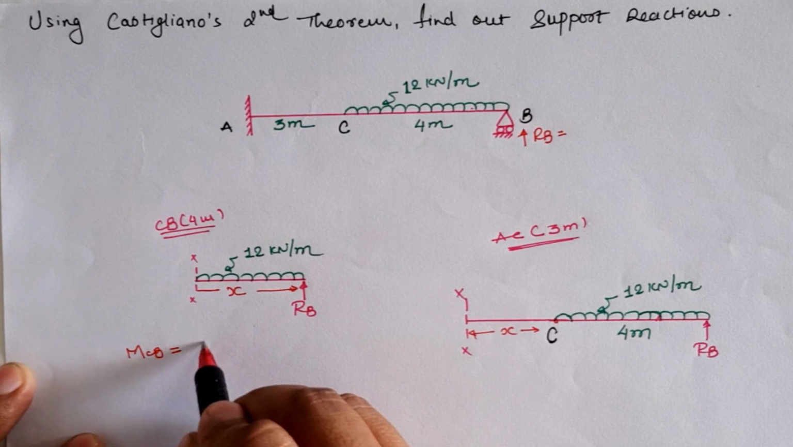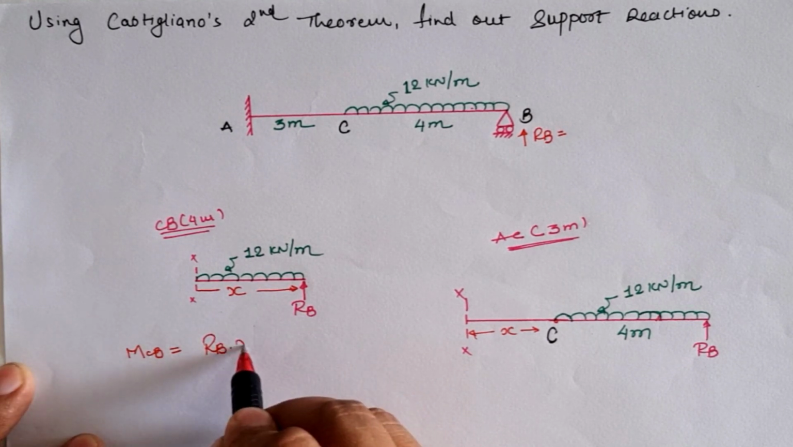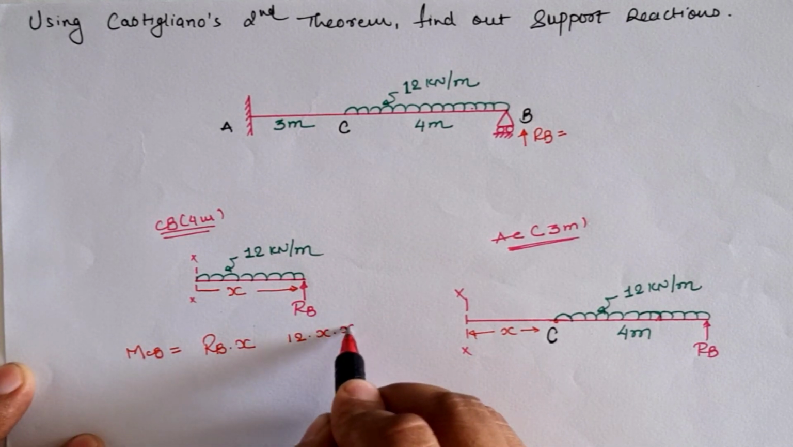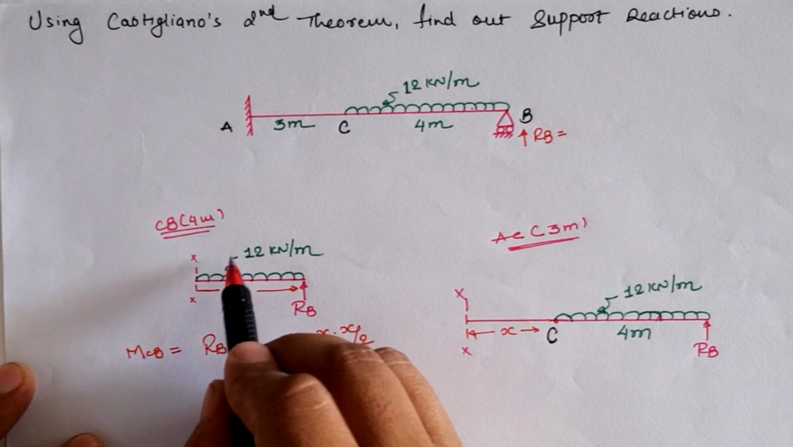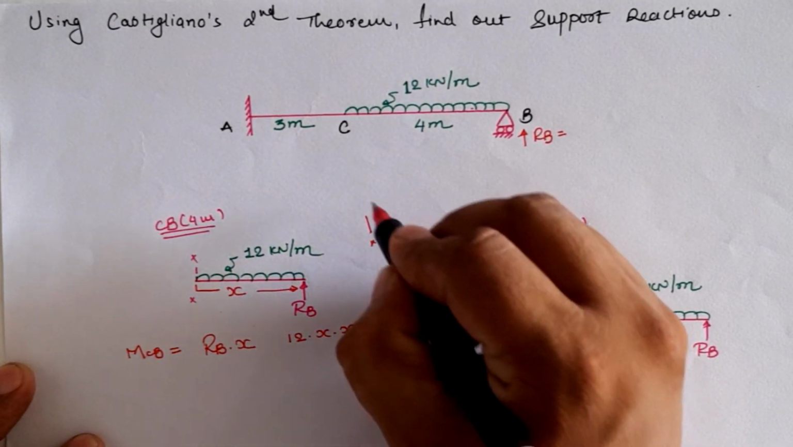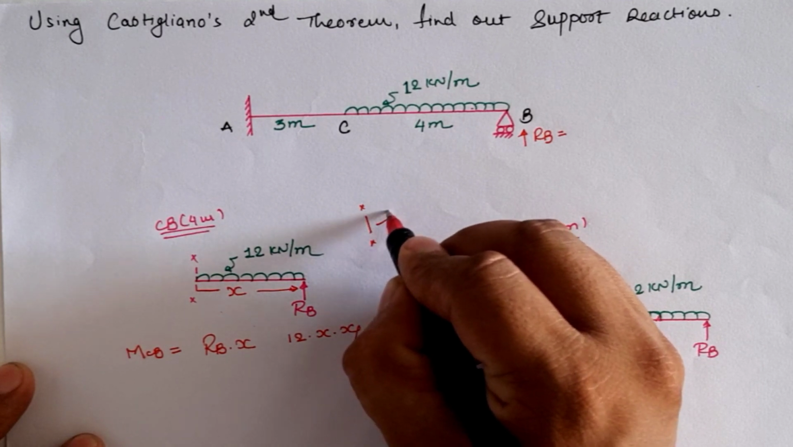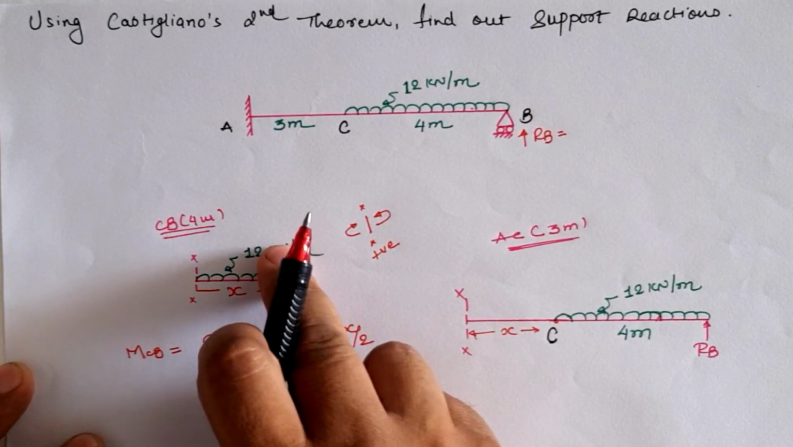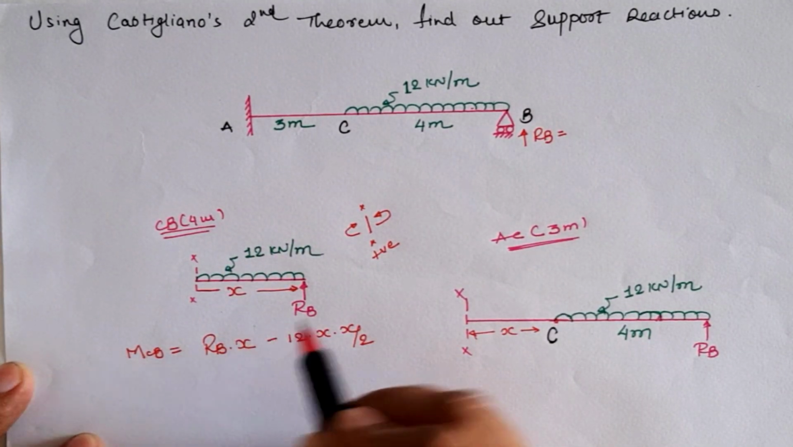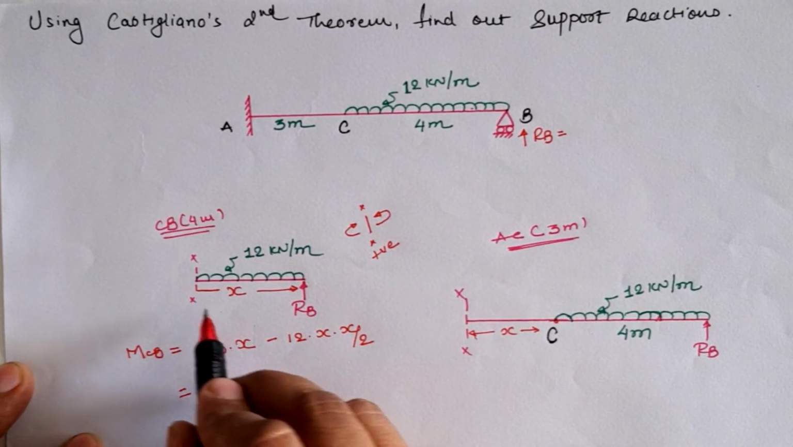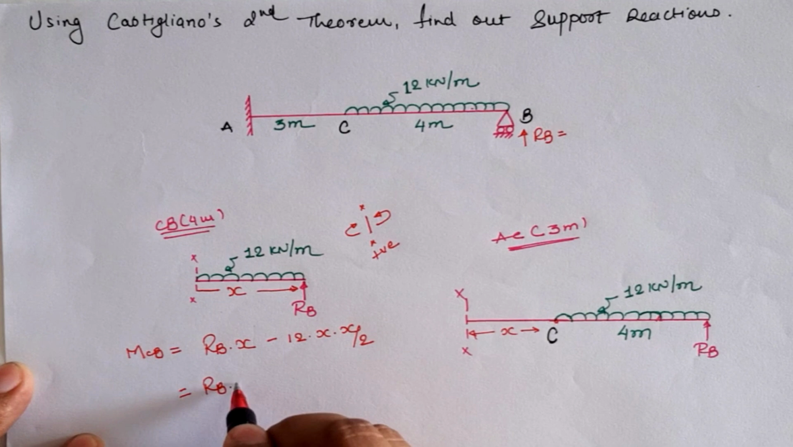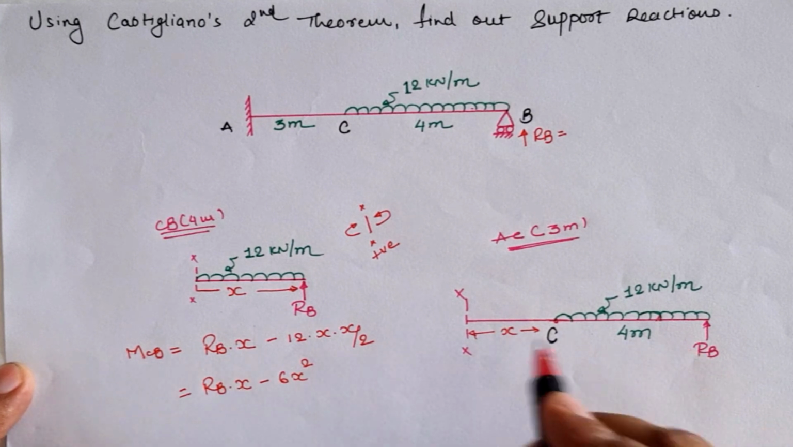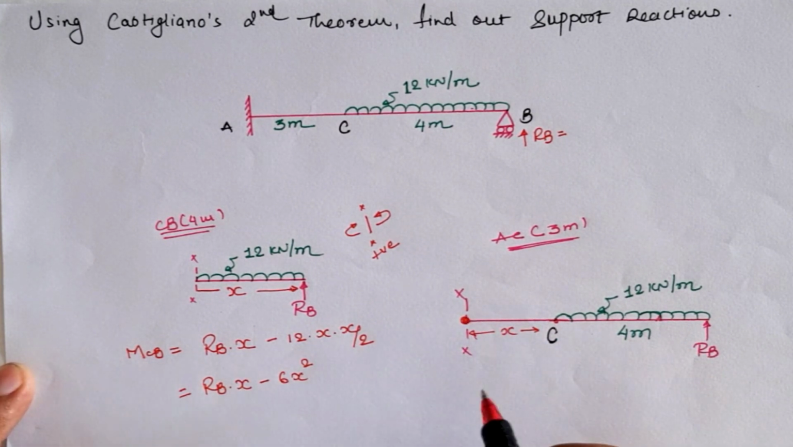is equal to RB into the perpendicular distance x, and 12 into x by 2 as the UDL moment. The UDL moment is clockwise, and according to the sign convention, on the sectional right hand side anti-clockwise and left hand side clockwise is treated as positive, hence the clockwise moment due to the 12 kN per meter UDL is negative. So the sectional moment in the C to B segment is equal to RB into x minus 6 into x square. Similarly, for the A to C section, if we take the moment at section XX, then the moment